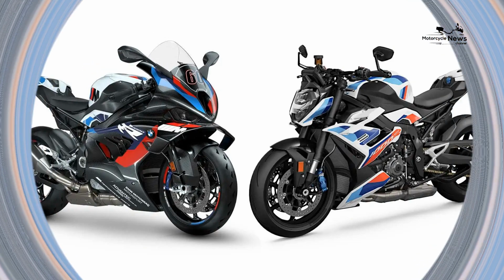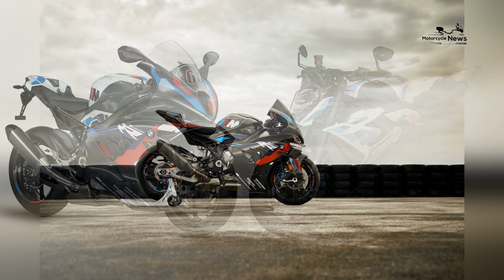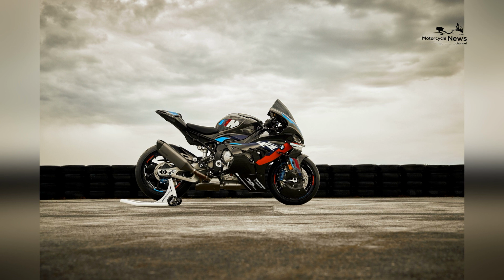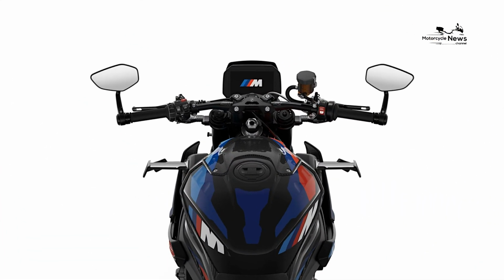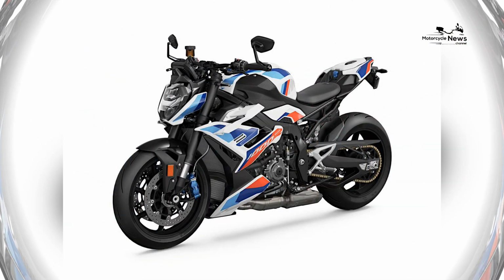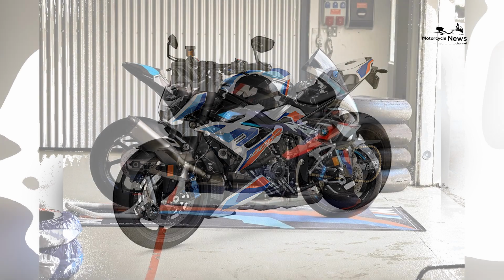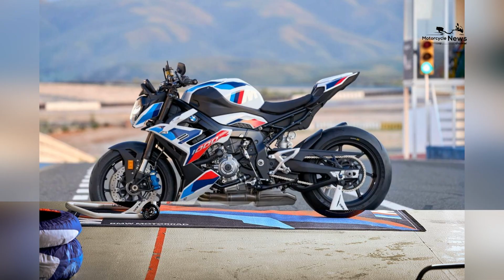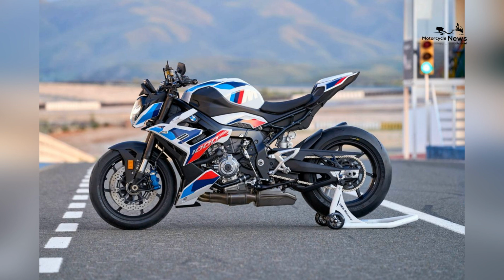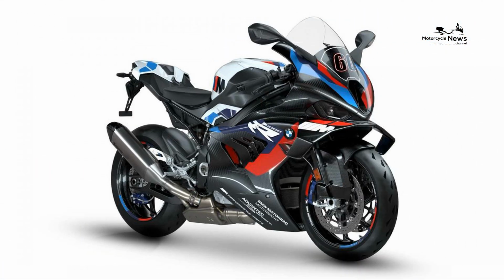The 2023 BMW M 1000R puts out a stunning 40 horsepower more than the S1000R. BMW retuned the S1000R for the street compared to the track-ready S1000RR. The M1000R is here for the riders who absolutely demand pure superbike performance in a naked upright sportbike. That means 205 horsepower at 13,500 revolutions per minute and 83 ft-lbs of torque at a lofty 11,000 revolutions per